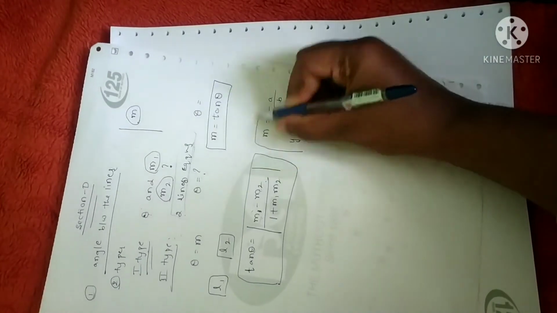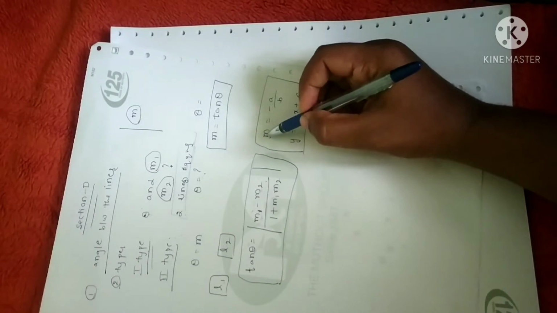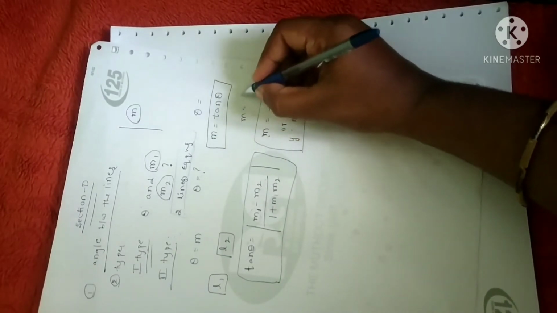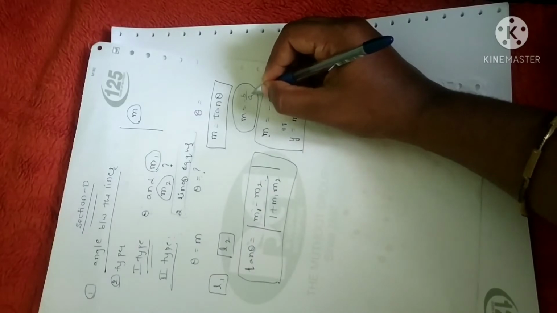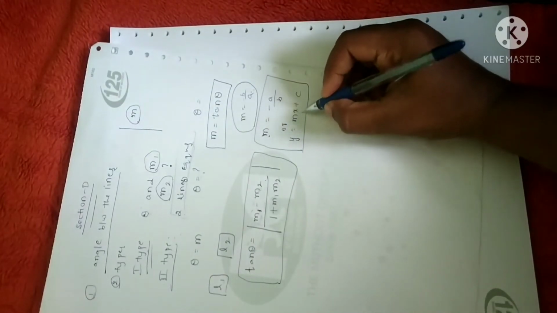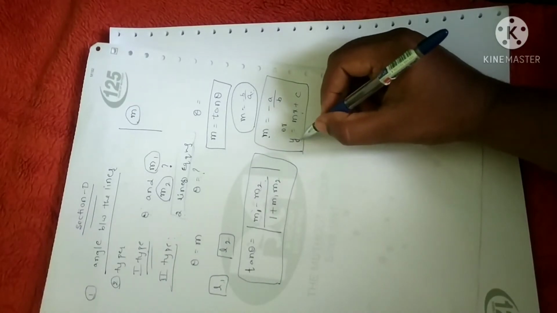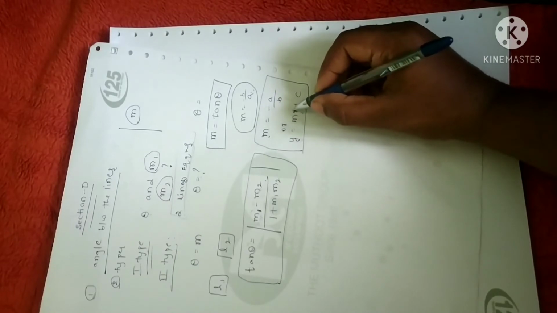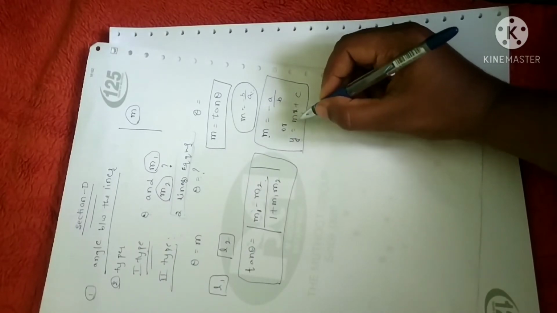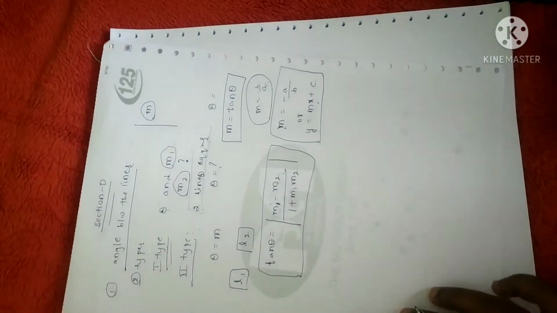I have noticed that in the preparatory exam most of you wrote the value of m as minus b by a. So there may be a chance to get the slope wrong. So better use the second method. That is, convert the given equation into the form y is equal to mx plus c. Then the coefficient of x will become the slope, that is the value of m. Fine. Now let me start with the concept.